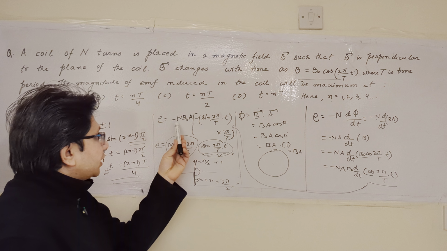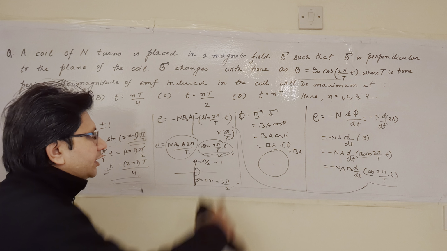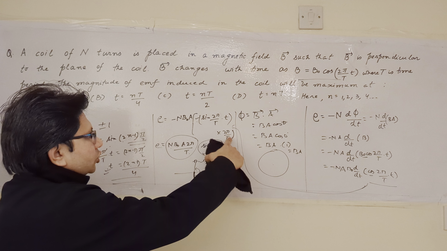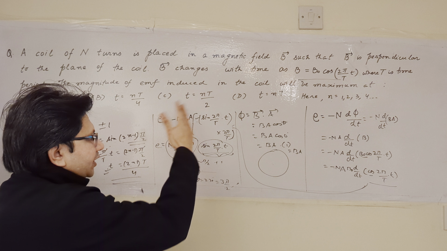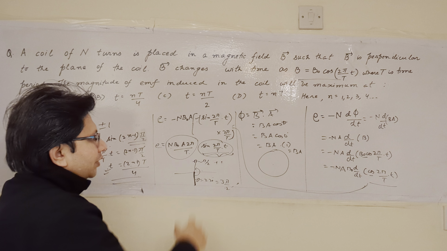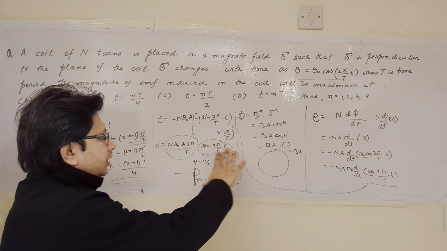तो ये बन के आएगा माइनस एन बी नॉट ए माइनस साइन 2 पाई बाय कैपिटल टी स्मॉल टी इंटू 2 पाई बाय टी। दिस इज इंपॉर्टेंट। अब यहाँ पे 2 पाई बाय कैपिटल टी एक कांस्टेंट है, इसको भी हम एक्सप्रेशन से बाहर लिख सकते हैं। इसको हम स्टार्टिंग में लिख सकते हैं, तो ये जाएगा एन बी नॉट ए 2 पाई बाय कैपिटल टी एंड देन साइन 2 पाई बाय कैपिटल टी इंटू स्मॉल टी।